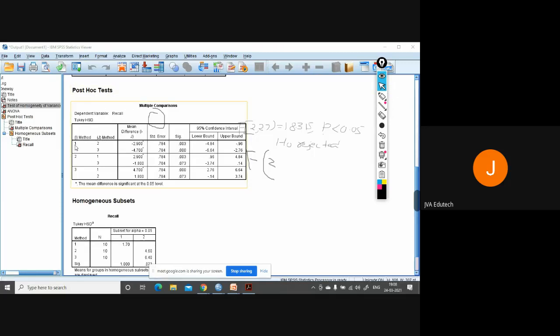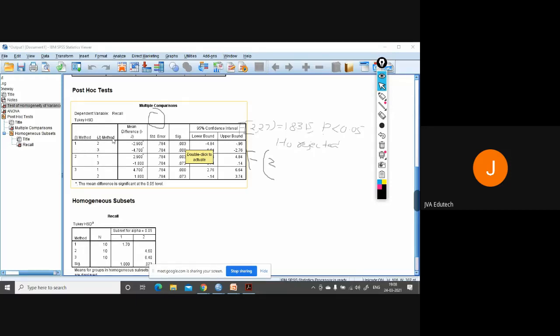Now here if you see 1 and 2, significance is 0.0003, means null hypothesis rejected, means there exists a significant difference between method 1 and 2 when it comes to the recall capacity of the student. Then you compare 1 and 3, you see it's 0.000, means again there is a significant difference between method 1 and 3.